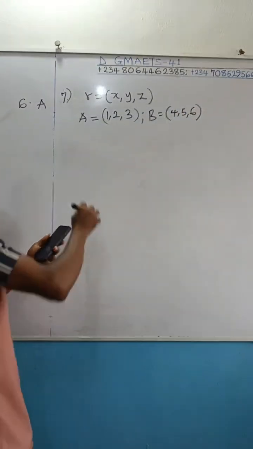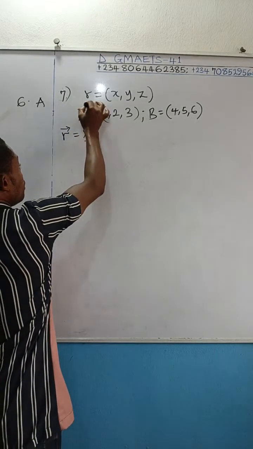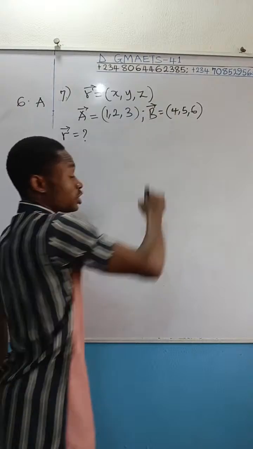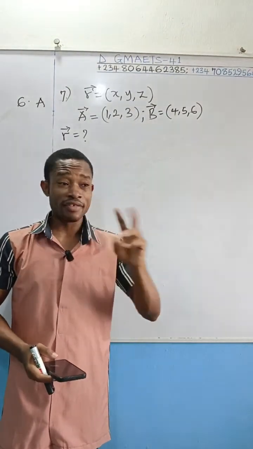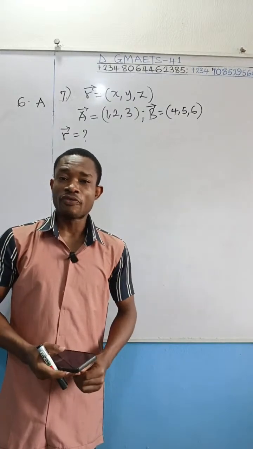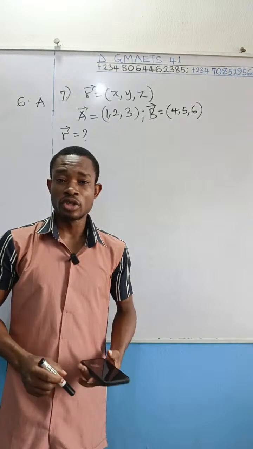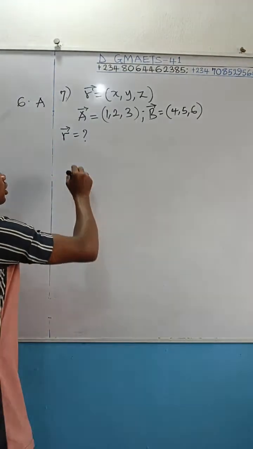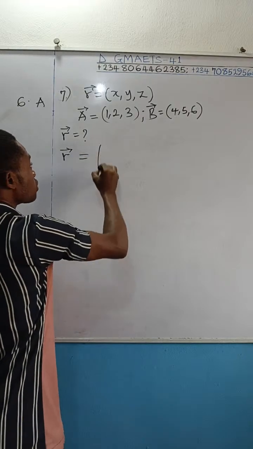What is the possible representation of vector R? Vector R, we don't know. And I explained after dictating the question that when you are given two vectors and you are told to find another vector that is perpendicular to both of them, all you have to do is the cross product of the two vectors. So here, to obtain our R is equal to the cross product